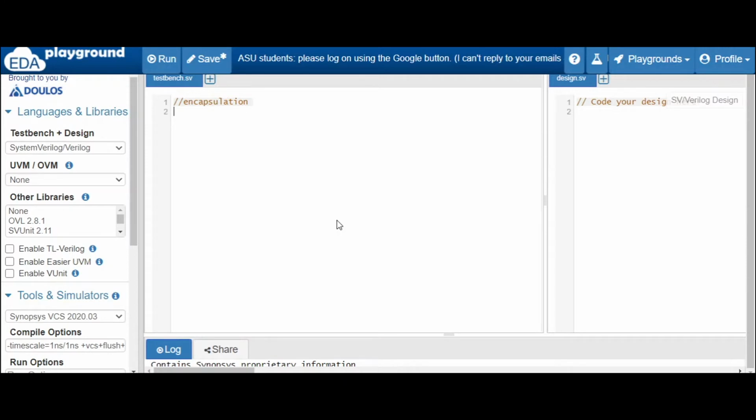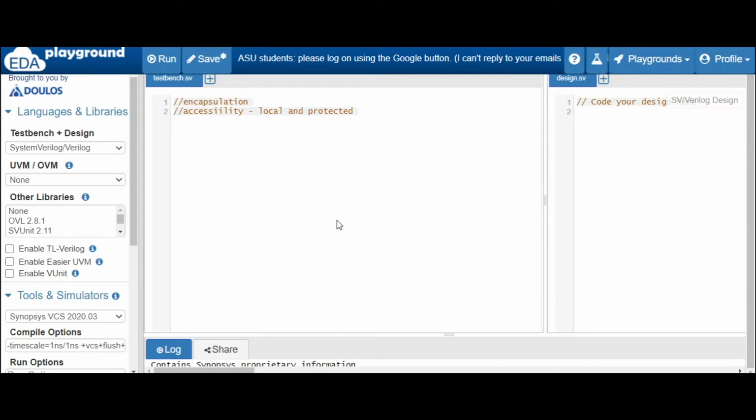So for that, in SystemVerilog we have two keywords, or accessibility types, that is local and protected. These are the two keywords with which you can restrict your members, that is your properties and methods, from being accessed outside the class. So what will local do? If we want to protect the access of our variables from outside the class, we have to use local. That is, not even in an extended class can you access the properties.